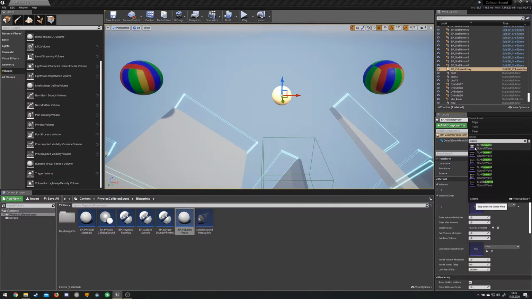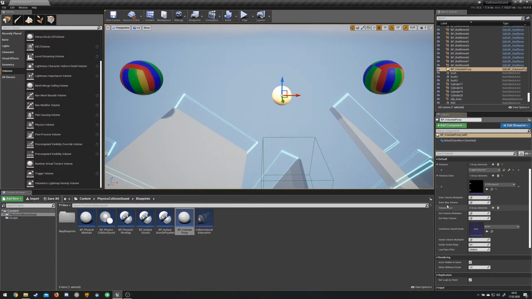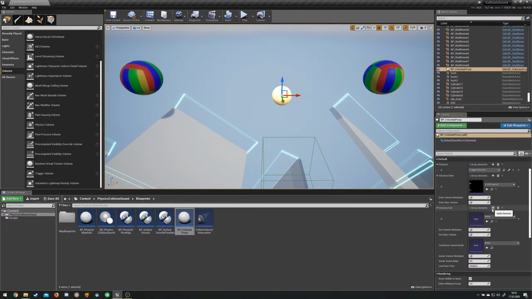Let's play. Yeah, let's add this for the enter volume, enter sound. Then you can also add more sounds if you like, but you don't have to. Then there are the usual sliders, the volume multiplier, the max volume for every element. So we add the exit sound,